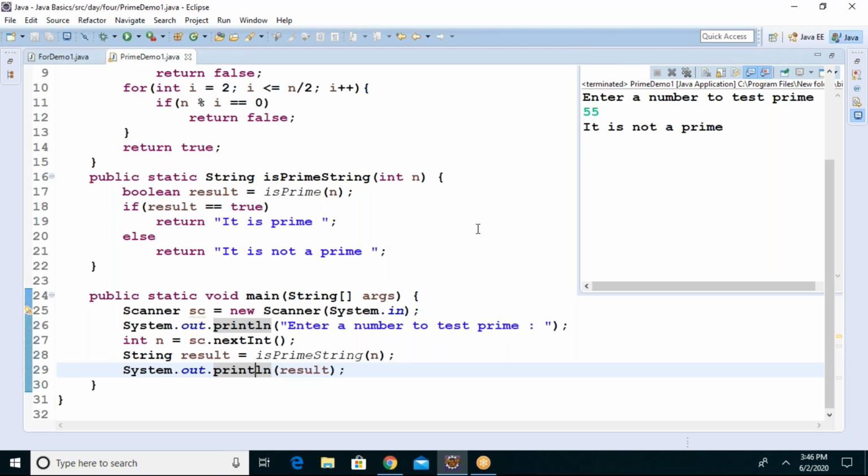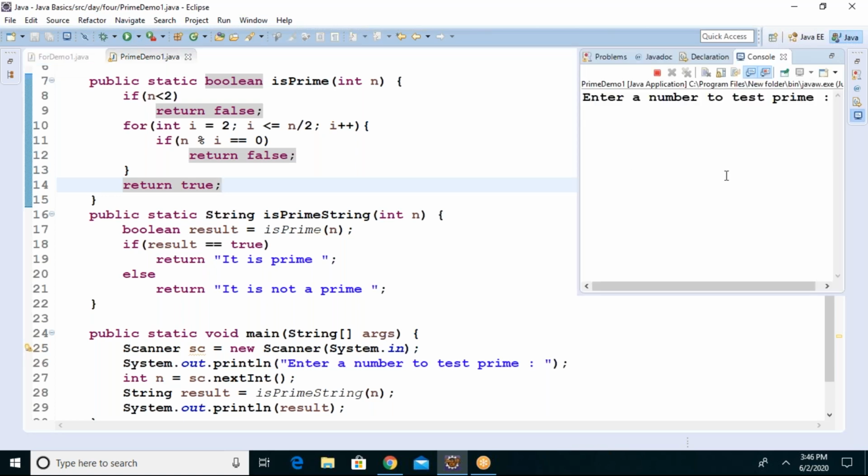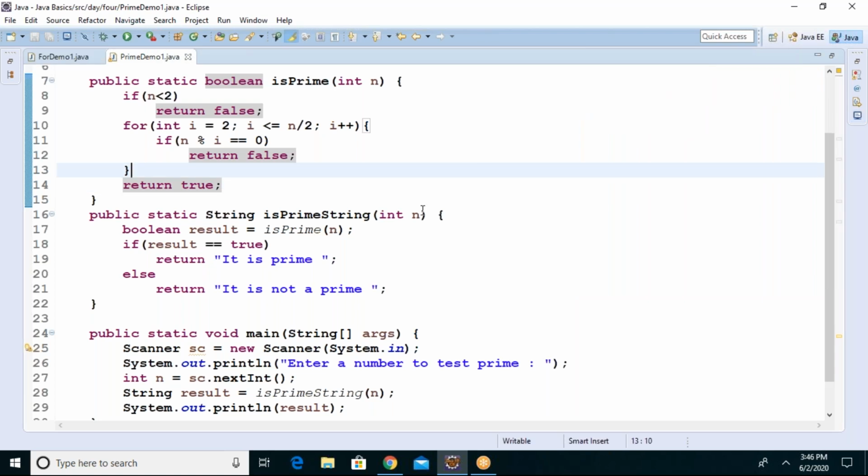So look at this and ask me if you have any doubts, anybody. Can you please re-enter the number 55 on the output? Yes. 55 is not a prime. Okay, I just got confused. 5 is there, no? 1, 5, 55.